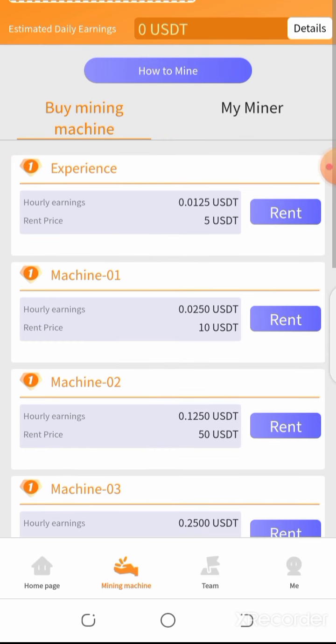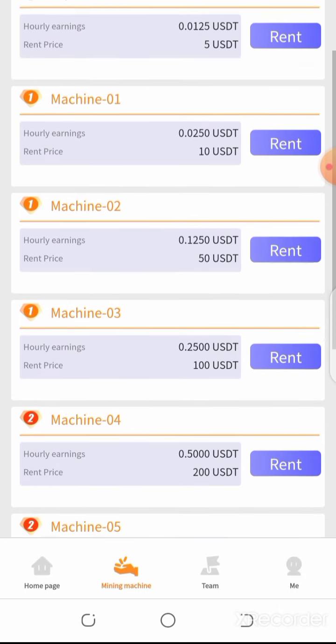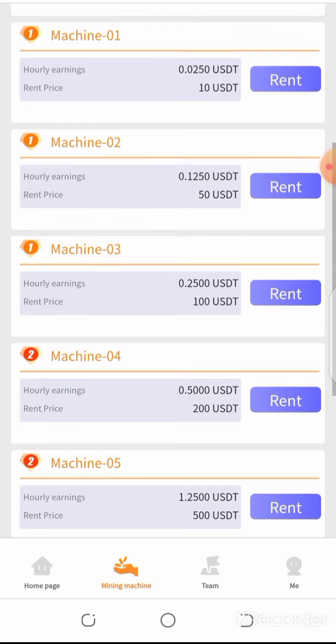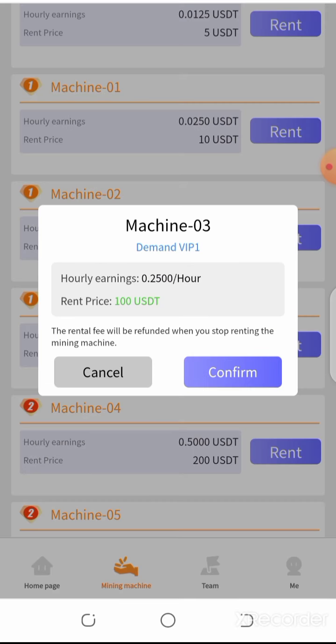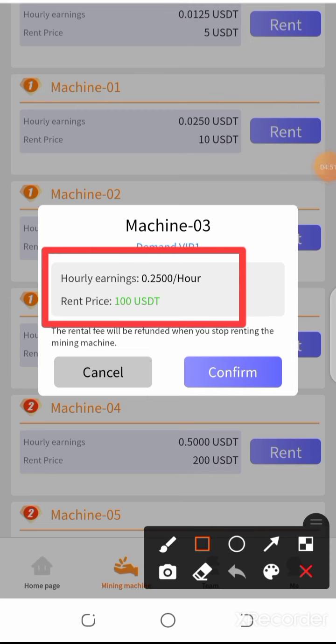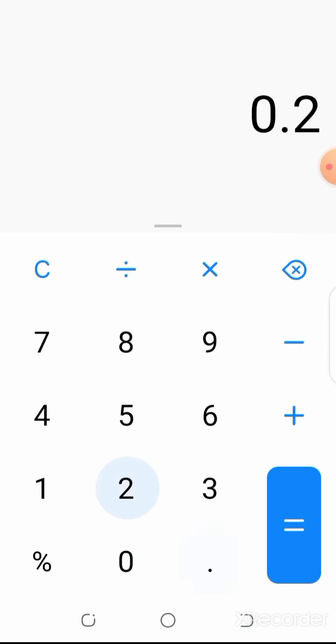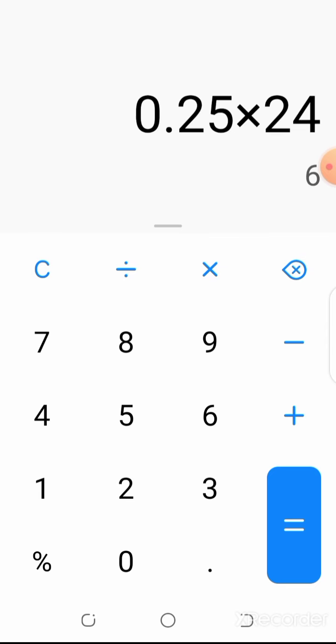And here are different plans. You can see mining machines like $10, $50, $100, $200. If we check the mining returns of this $100 mining machine, the return is $0.25 per hour, which is quite good. Multiplied by 24, it's $6 in 24 hours.